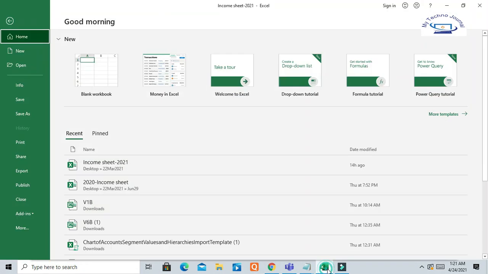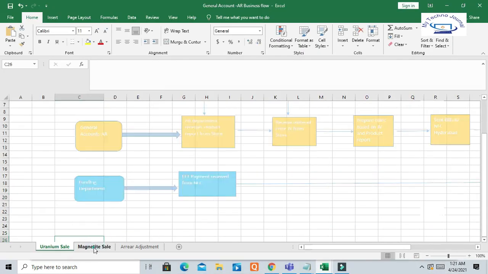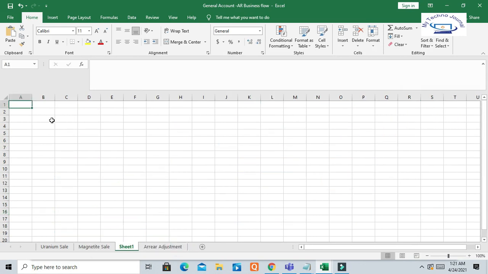Let me open one Excel sheet so that I can give you an example. This is your company code.